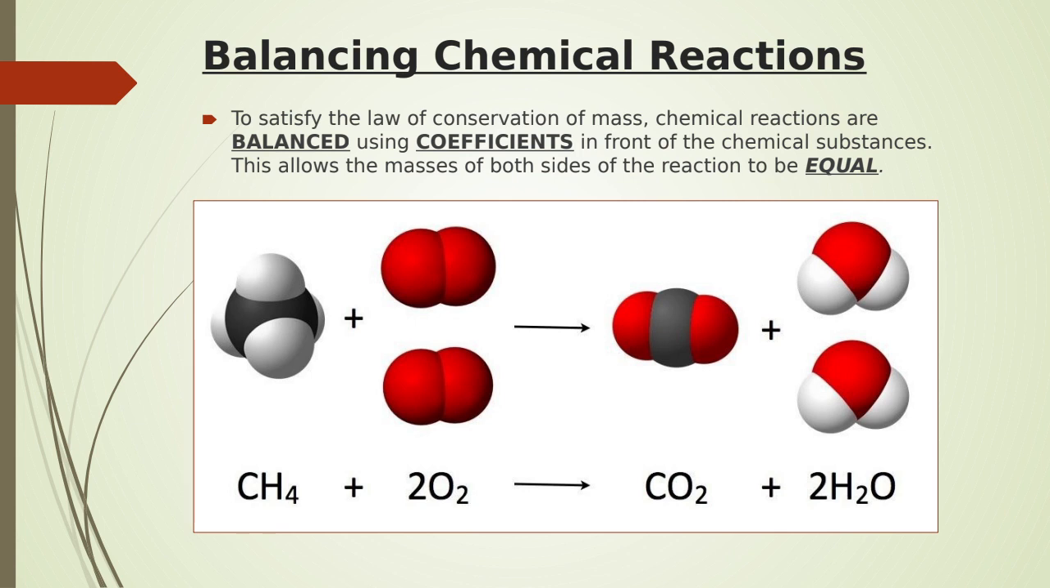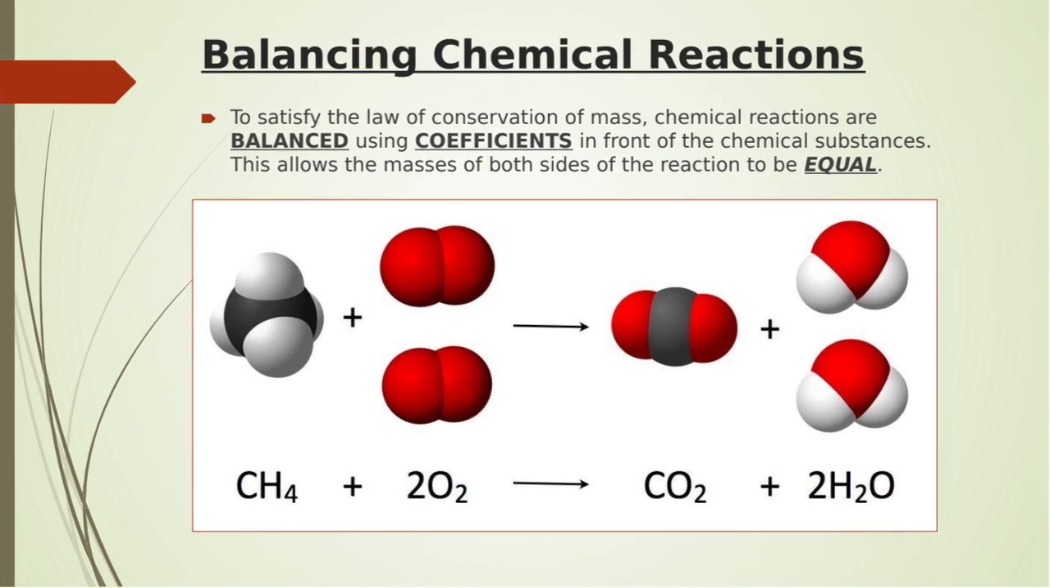of mass. So if we look here at this example of methane being combusted, CH4 is methane. This is natural gas that you'd see in the lab or that you would burn at home in your furnace. We know that all of these atoms have a mass associated with them. So in order to satisfy the law of conservation of mass, we have to make sure that all of those masses are equal. And if I have one carbon in my